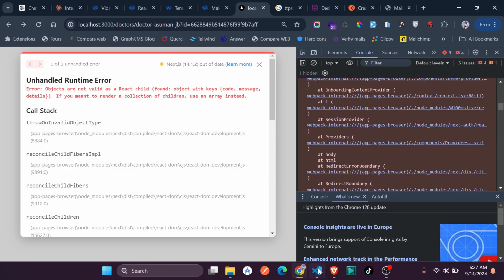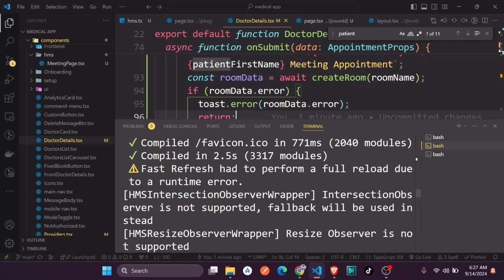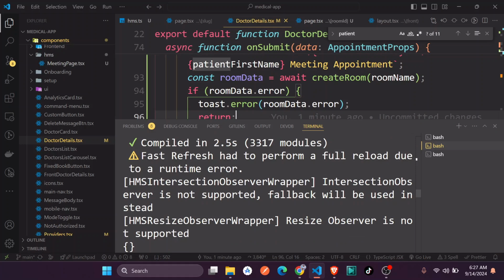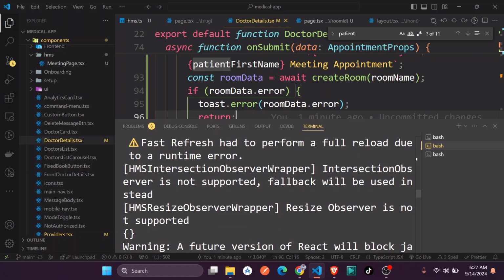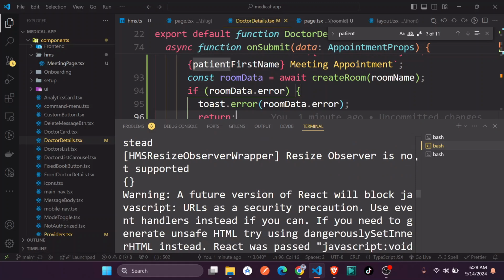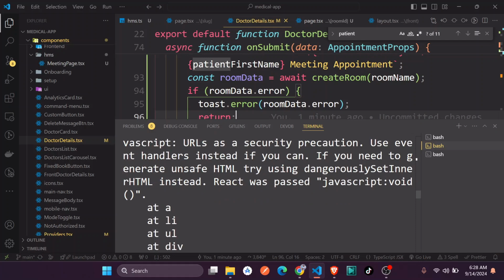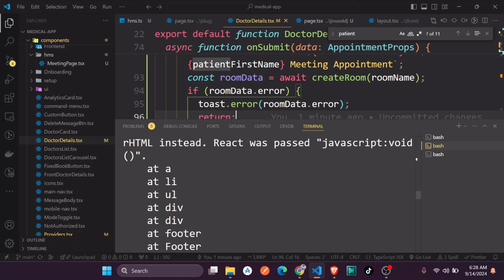So we get this. Here they're saying that intersection observer is not supported, fallback will be used instead. Resize observer is not supported. Warning: a future version of React will block JavaScript URLs as a security precaution. So all these errors are actually coming from the